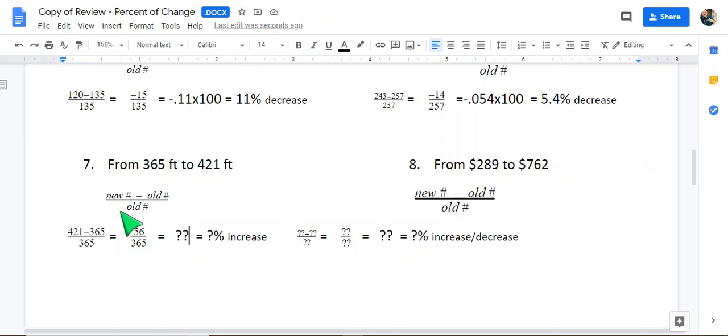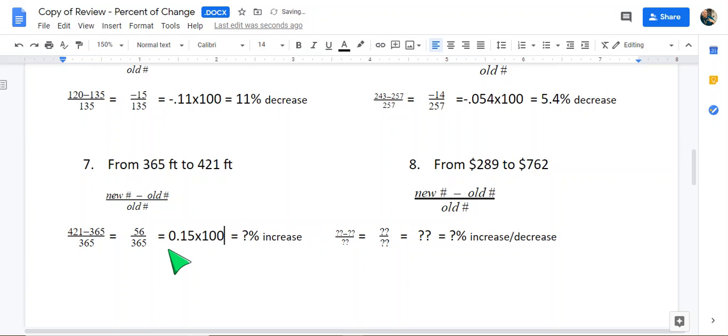New minus old, and the old number goes on the bottom. Okay, so 56 divided by 365 is 0.153, but I'm just going to round it to 0.15. I multiply that by 100, and I get 15% increase. Okay,